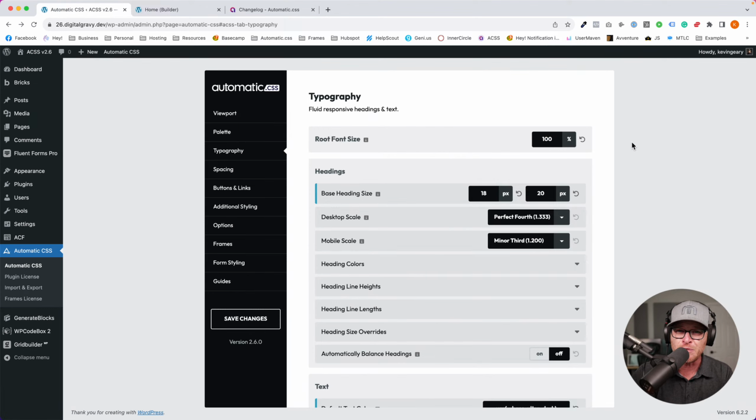The problem with 100% is you've got to do that stupid divide by 16 math all the time. And if you're like me and you don't really like math all that much, it's annoying. Okay, so what we've done is we've addressed that. Now you can set this to 100% and you don't have to do math. So it's like the best of both worlds.